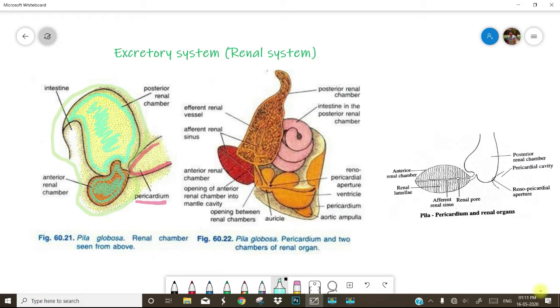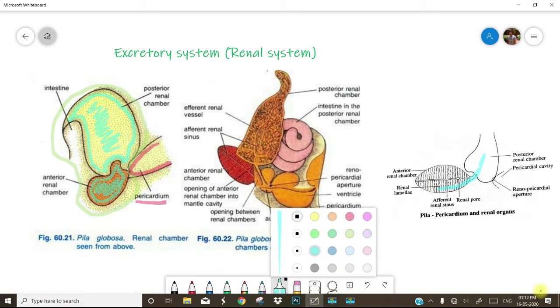And both of these chambers are interconnected. If you are looking at this image, see, the anterior chamber and posterior chamber are interconnected. Here you can see the connection between anterior renal chamber and posterior renal chamber. And we will look into detail of each renal chamber. First, let us discuss about the